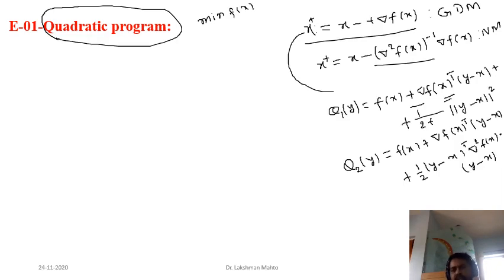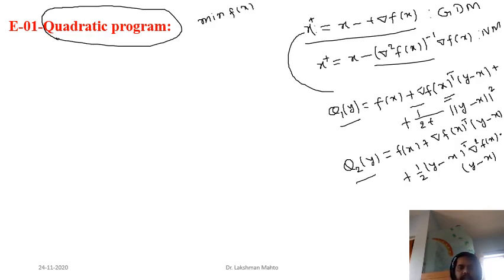Both are quadratic approximations. Each is giving a function. One is giving an underbound and another one is giving an overbound near the current point x. So if I'm asking, find the optimal point of these two quadratic approximations, how can you find the optimal point? Here you can observe that x is the current point. That means it is already fixed. You want to move around x in the neighborhood of x. So that's why y is the variable.